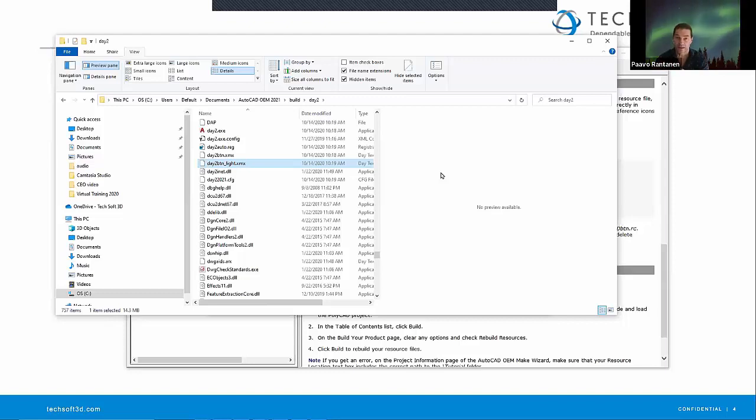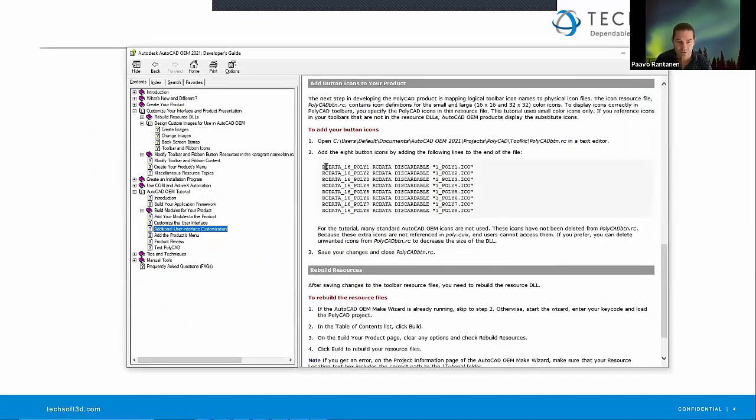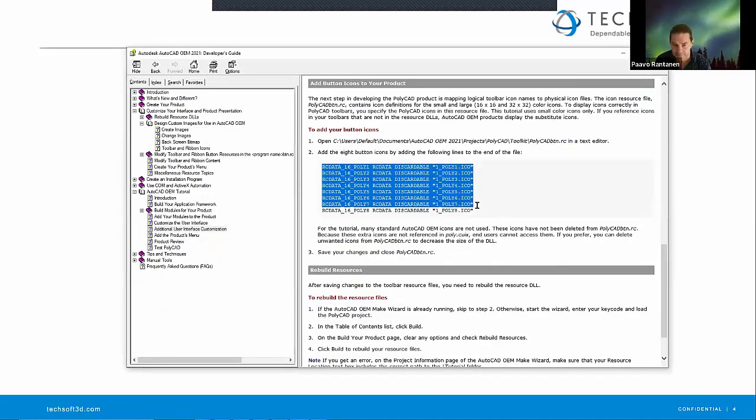These are compiled resource files by the Make Wizard. So what we need to do is we need to make sure that the Make Wizard can find our icons and build them into these resource files, or at least to the dark one for this exercise. So that'll be the next step. So if we open the help file that we just saw and we just copy them from here, copy,